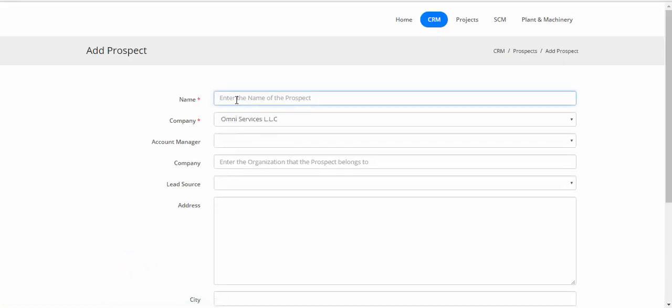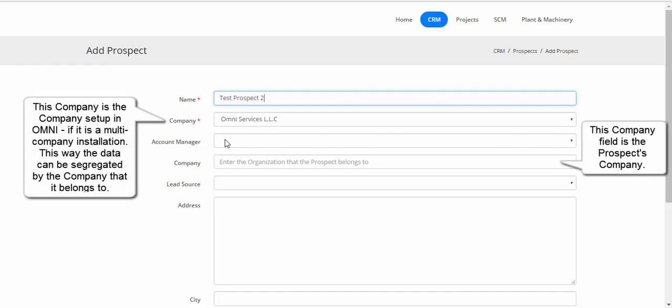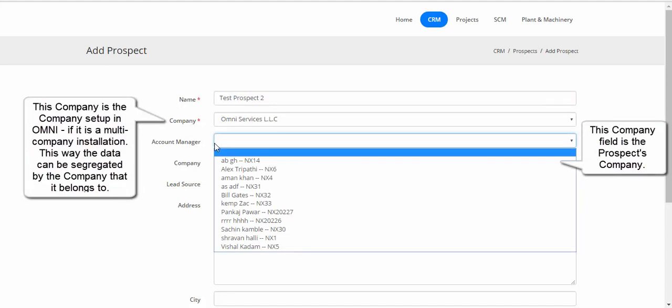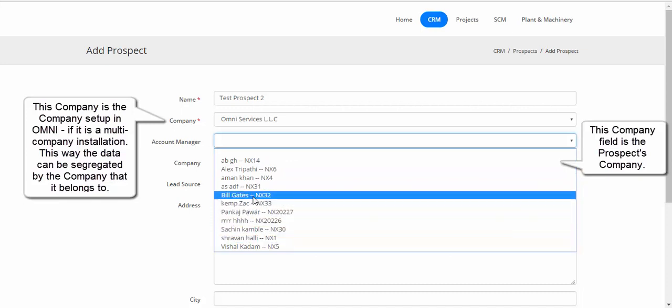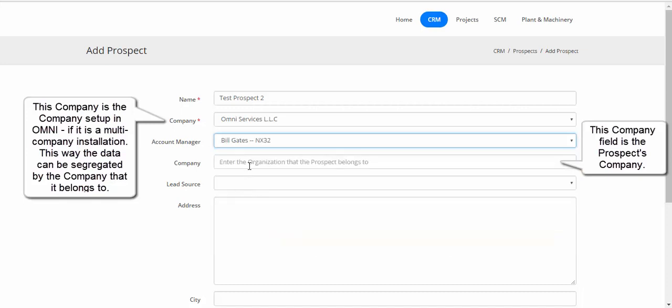And let's make the name of the prospect. This is the company that this prospect belongs to. So if Omni is set up as a multi-company installation, there will be a number of companies that will show up here. Account manager is the staff in your organization who is dealing with this company. So let's choose this person, and